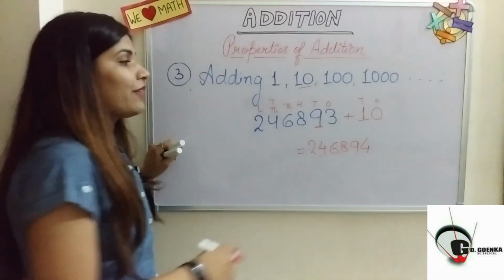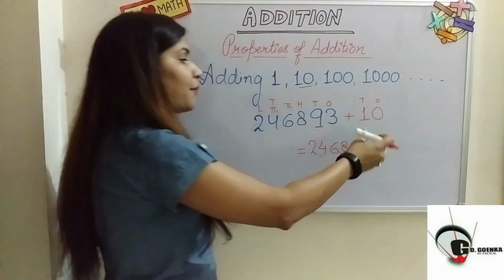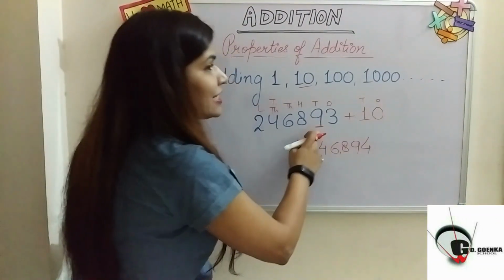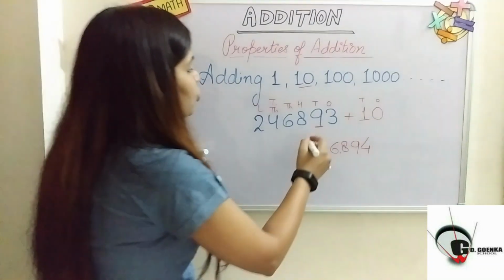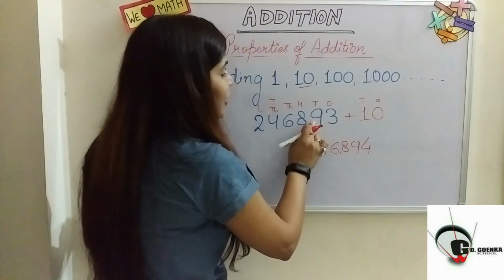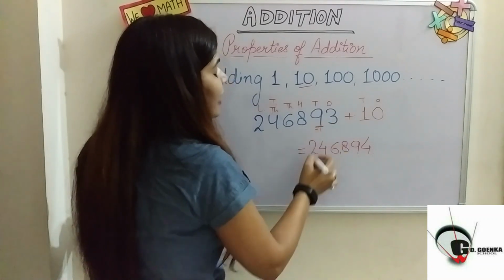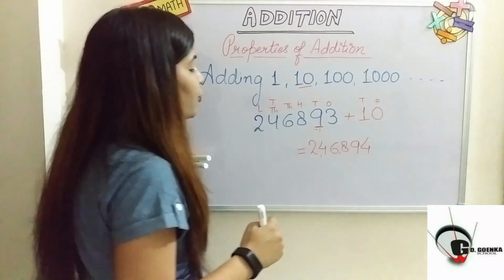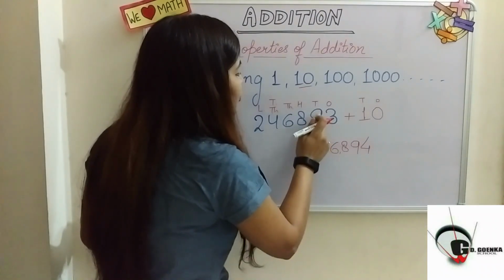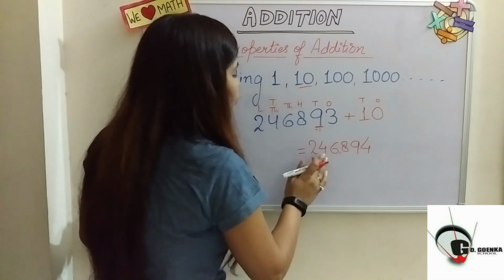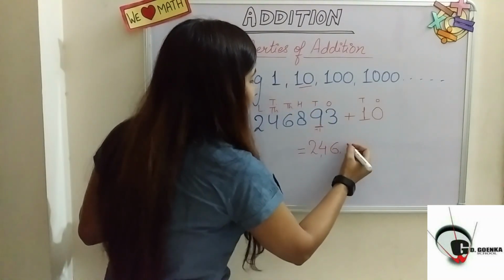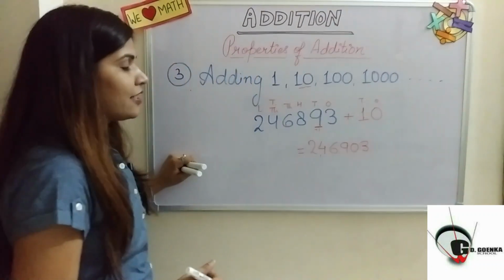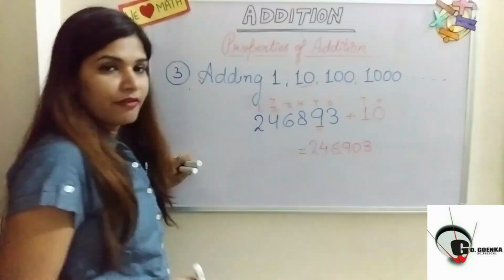So in this situation, when we add 10 to any number, the number at the tens place is increased by 1. As we have 9 here, we are going to add 1 to it, and of course we can't place a 2-digit number instead of a single digit. So what is going to happen? This 9 will become 0 and it will give one carryover, and we will have the answer as 903. So this will be the answer when we add 10 to the same given number.